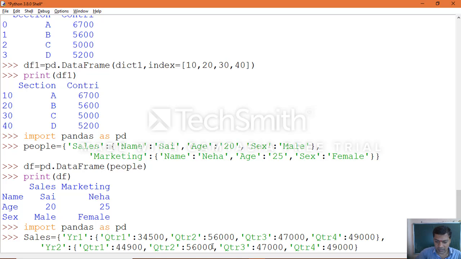In the same way, the second quarter value is 46,100. Same way, quarter 3 is 57,000. Same way, quarter 4, the amount is 59,000. Okay, now close the outer dictionary.